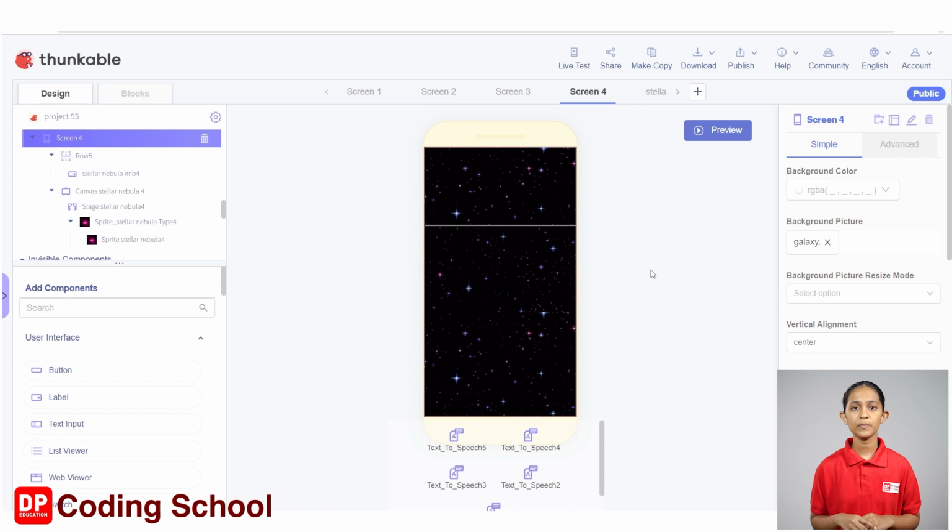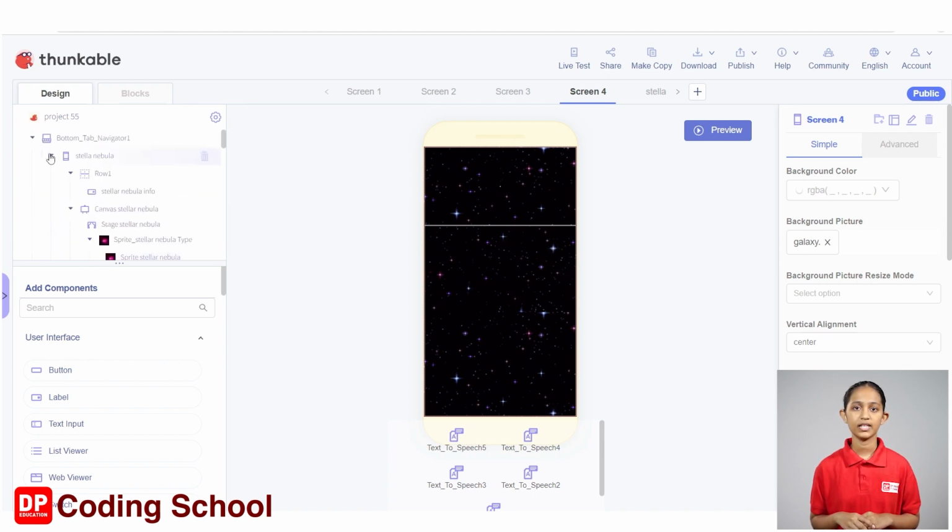Next, there are some small changes to be made in these screens. Let's rename these screens with their relevant components with the relevant names for the remaining 4 phases of the star's life cycle. We use this screen 1 for the second phase of the star's life cycle, that is for massive